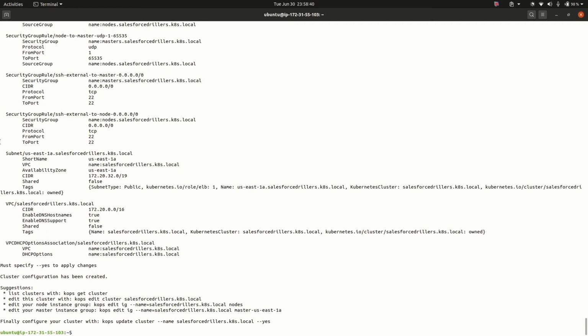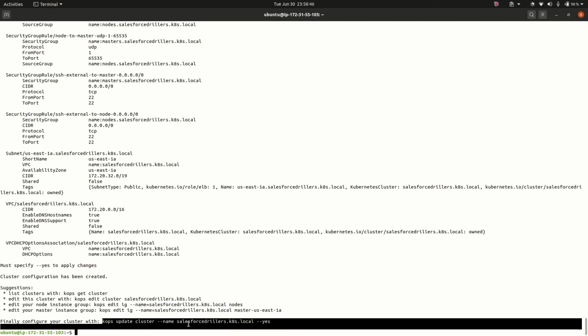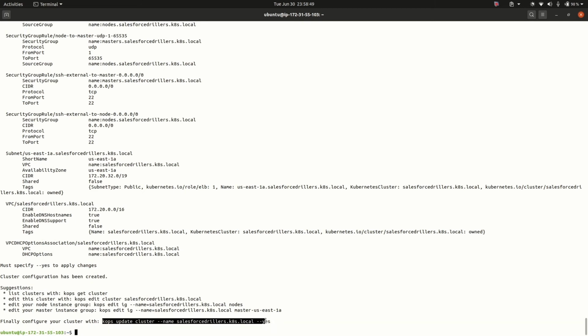Now let us give it a final finish by executing the command kops update cluster with the name of our cluster and --yes, that is over here. The command is given, so let us copy it, paste it and execute it. Let us press enter.